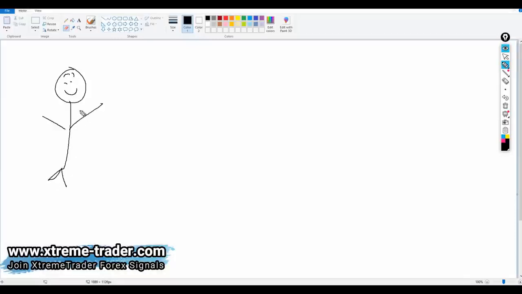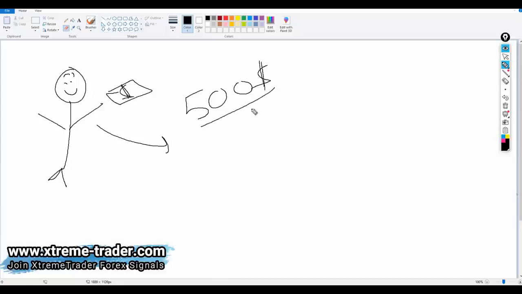And as we can see right here, he's very happy, he's having his money and he's going to open his MetaTrader and yay, I'm gonna make some money today. So he opened MetaTrader and he has, for example, let's say $500 in his account. Now what he's gonna do, he's gonna open a trade and for example it's gonna be a successful deal and he's gonna make let's say $20 of profit. Right now Bob has $520.